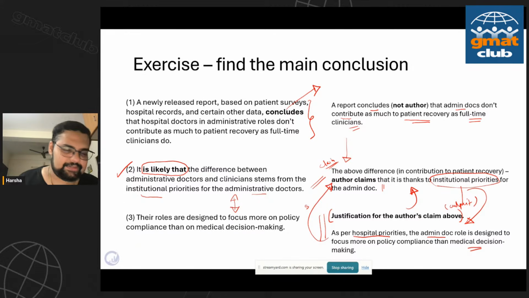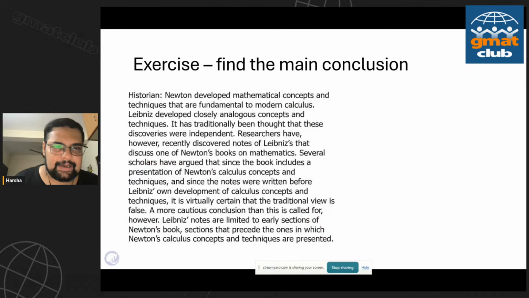Just a quick show of hands, just to ensure that you guys are here, you guys are awake, right? So think about everything we had to do with exercises like this. I'll give you one more exercise. This, of course, is a very classic OG boldface question. Some of you have definitely solved it. Just let me know what is the main conclusion. That's all the exercise is.